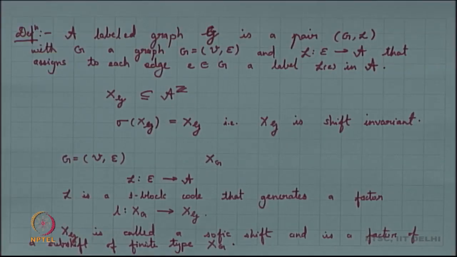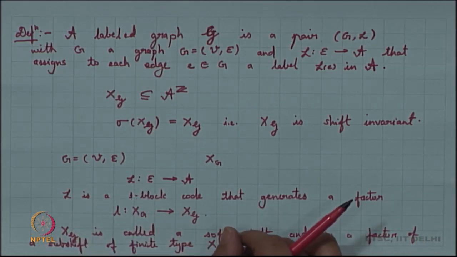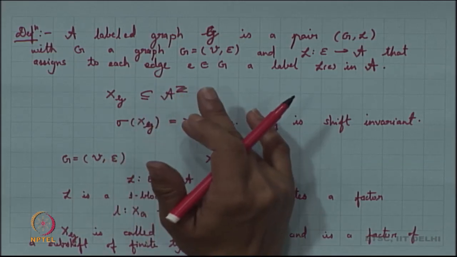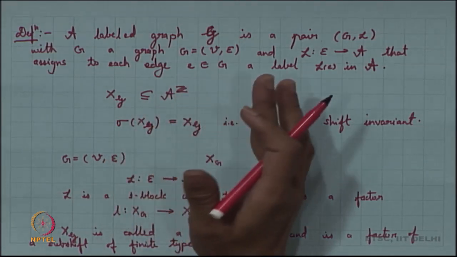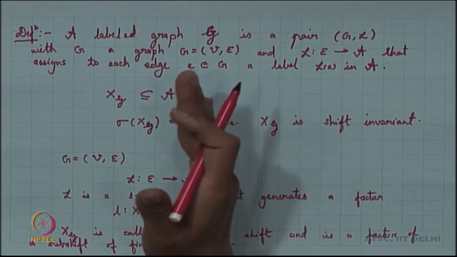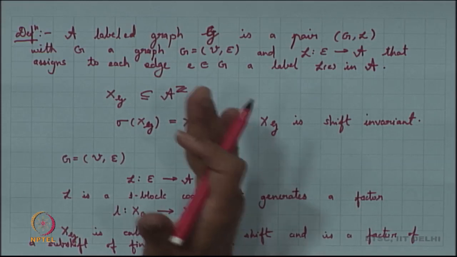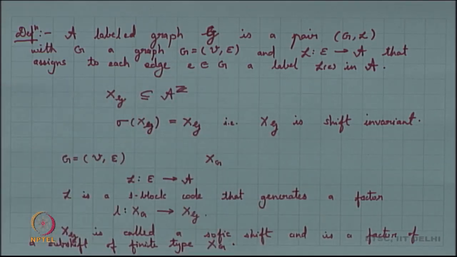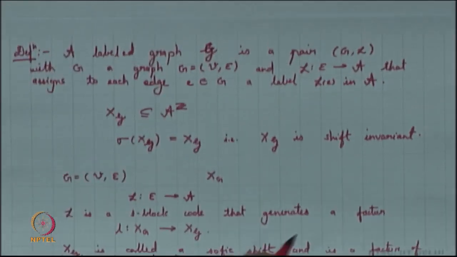We know that all closed shift invariant spaces are subshifts, and since we can realize our Sofic shift as a factor of the subshift of finite type, this Sofic shift is closed. So, it is a closed and invariant subset, and hence it is a subshift. So, by using this graph, you can generate something which is called a Sofic shift.